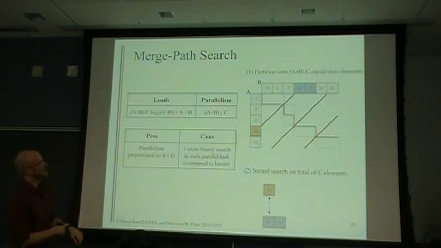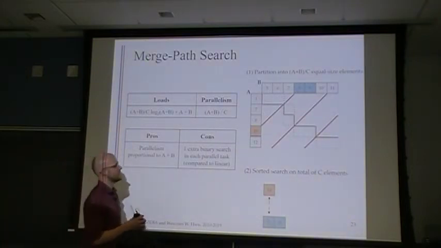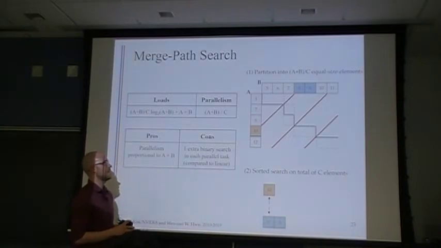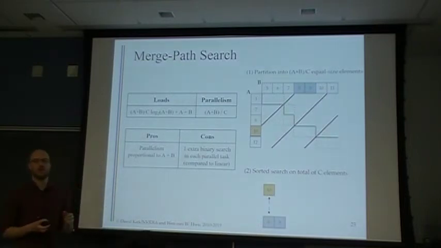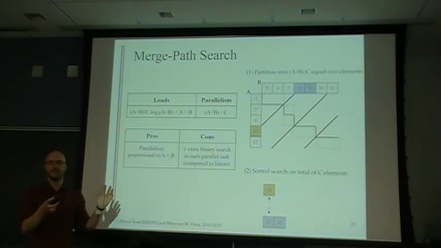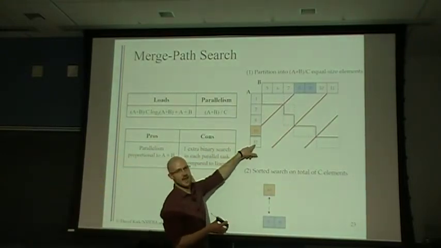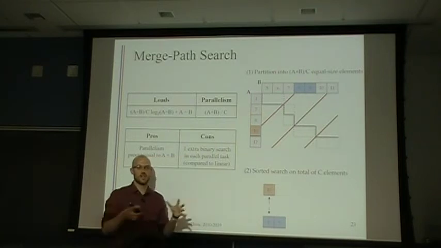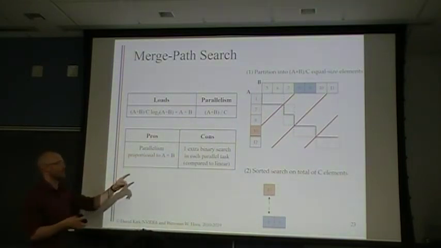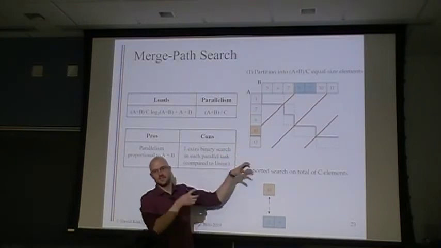The final approach, which I haven't entirely worked out yet, but I'm pretty sure works, and I won't go into detail, but I'm happy to talk to you about it more when we're sitting down, is you can treat this problem as if it was similar to finding a merge path between A and B. So the merge path between A and B basically says, what order do I take elements from A and B in order to keep the combined list of A and B obeying whatever the ordering constraint is. So in our case, later elements of A are greater than earlier elements of A. So you would merge A and B together and keep that constraint. And the merge path tells you which order you should take elements from A and B in order